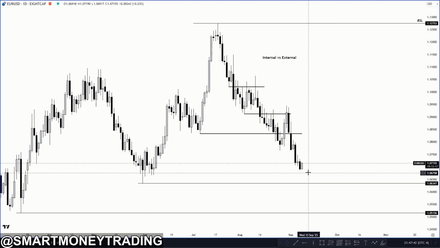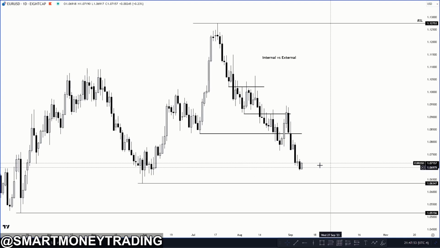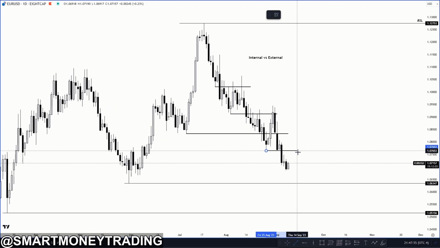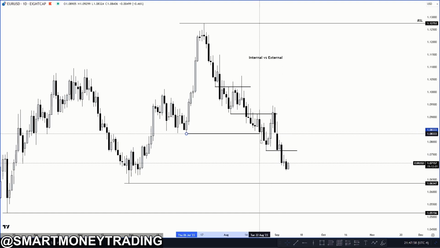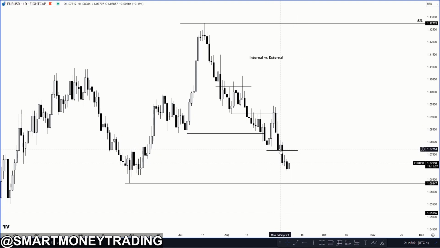This old low gets ran through, and then we retrace. We can most likely come and tap into this because this would become an inverse. Old highs and old lows can become inverses in the PD array matrix. You always have to keep this in the back of your mind. You can't just get rid of them. Eventually you can if you want, but look at this old low right here, near an order block,